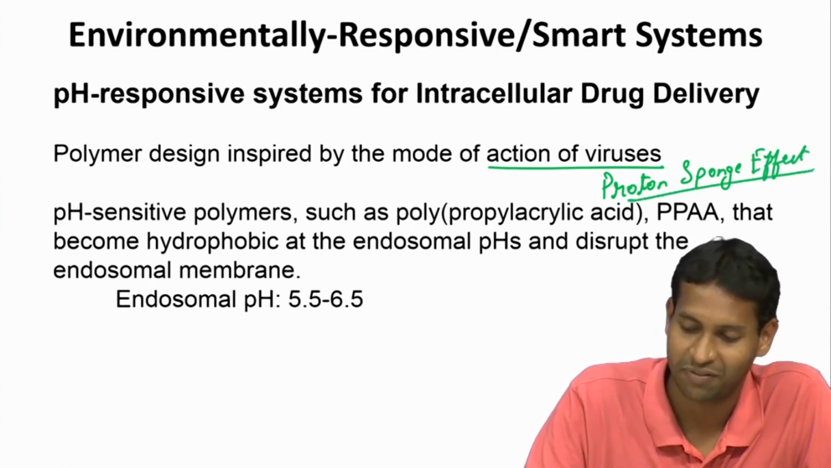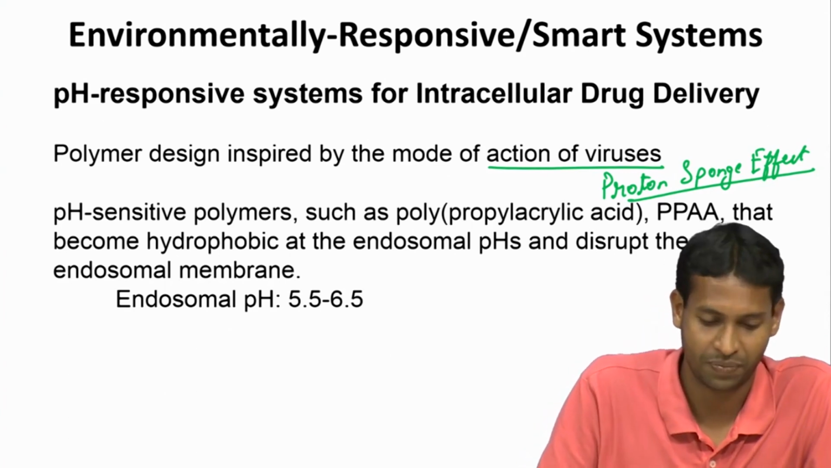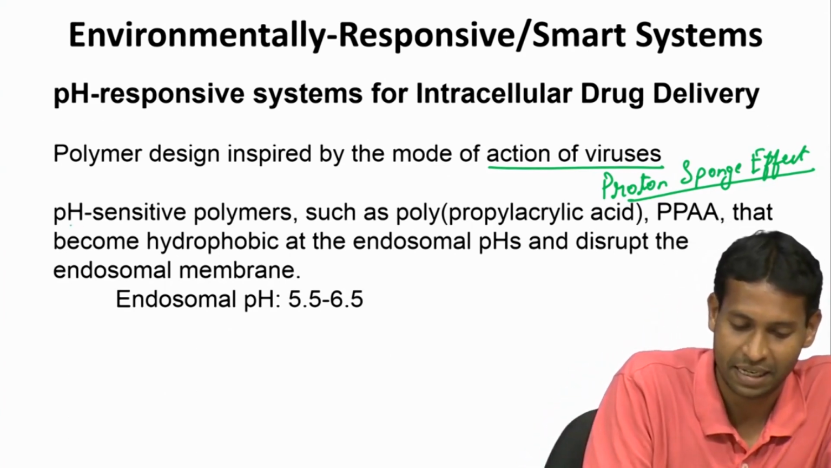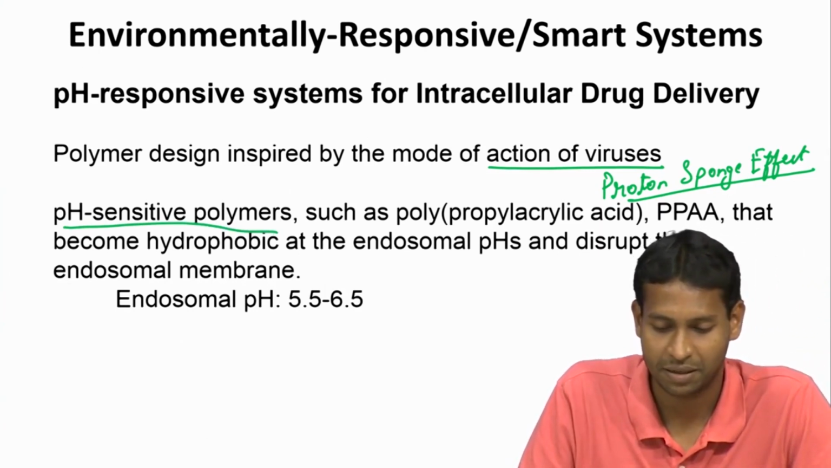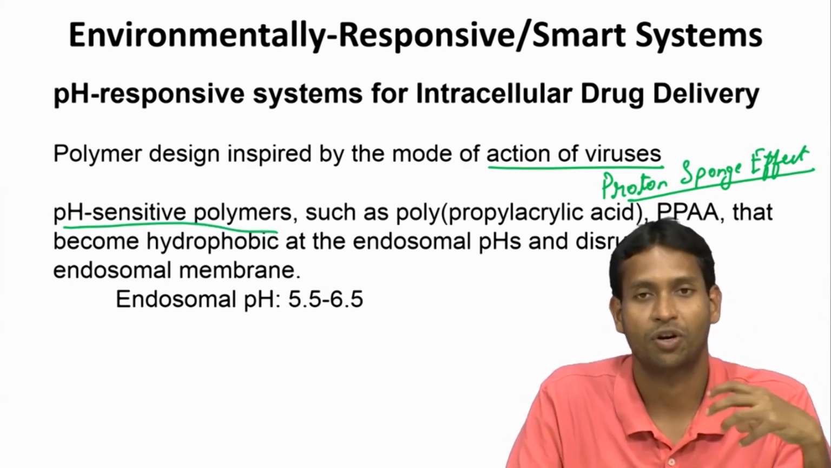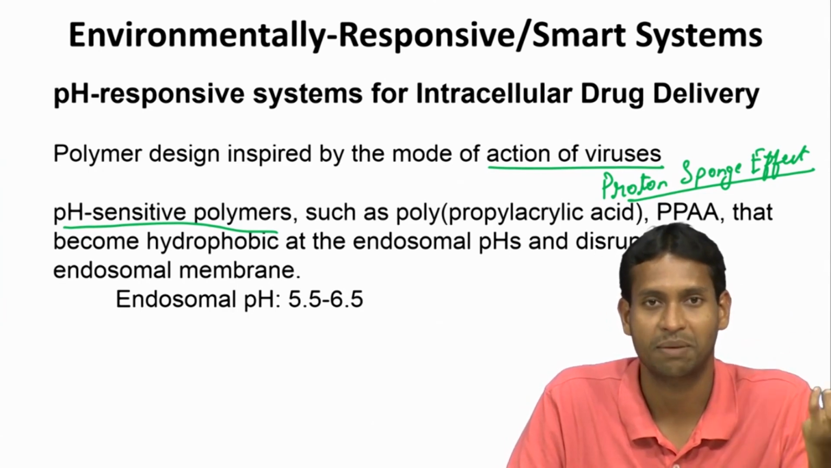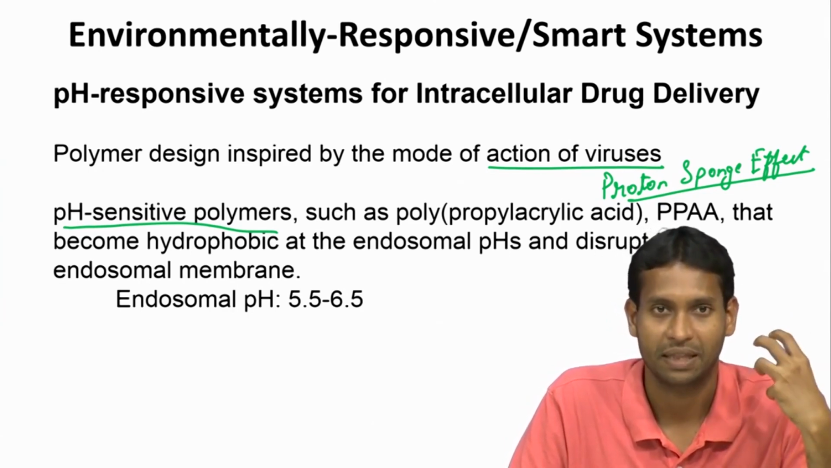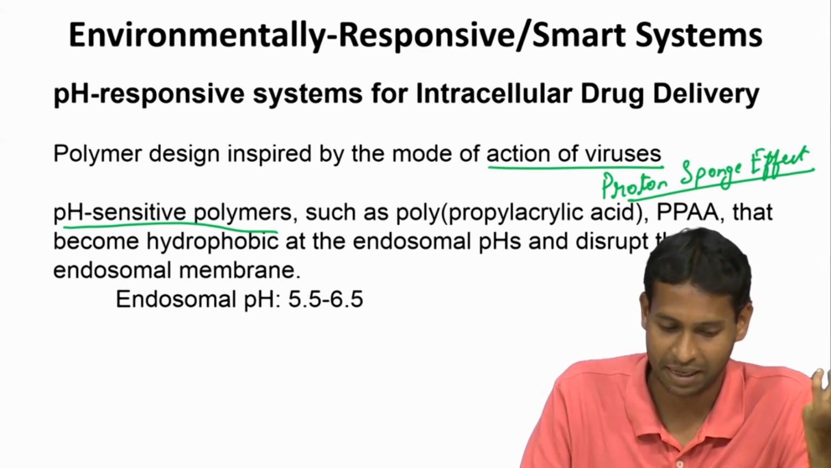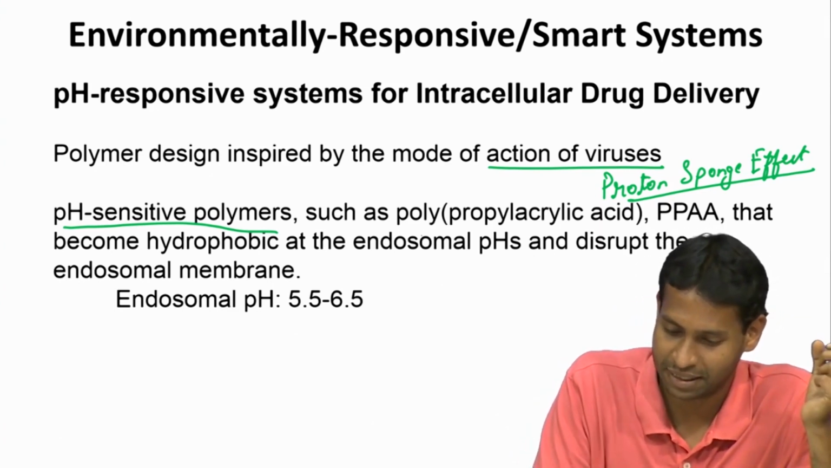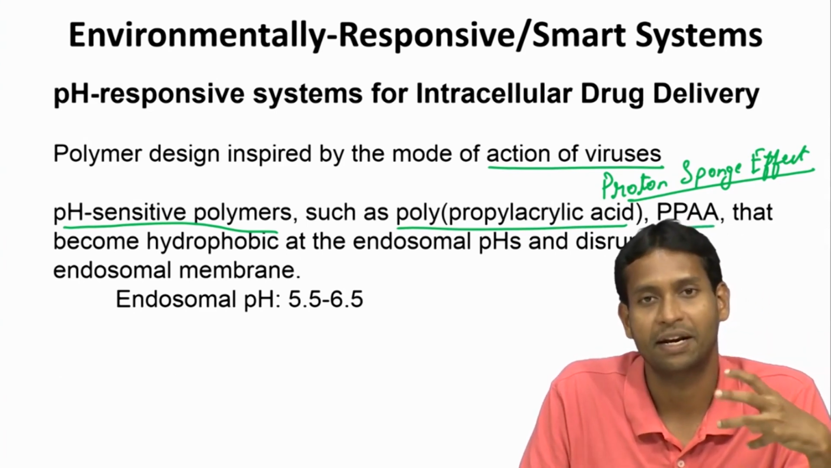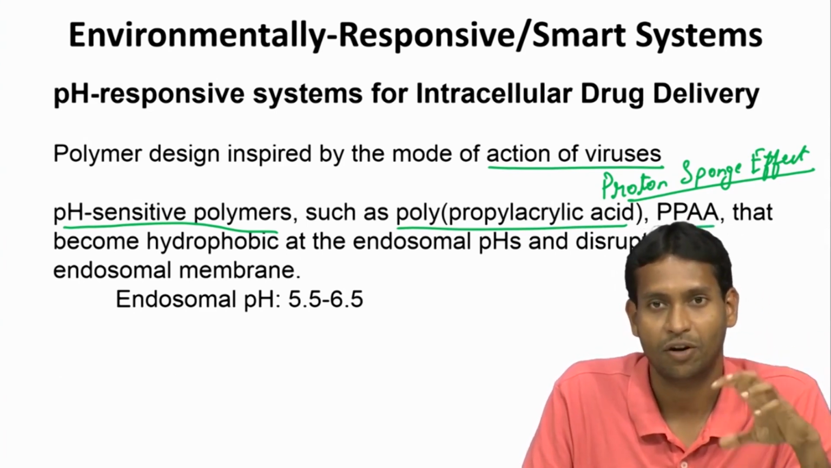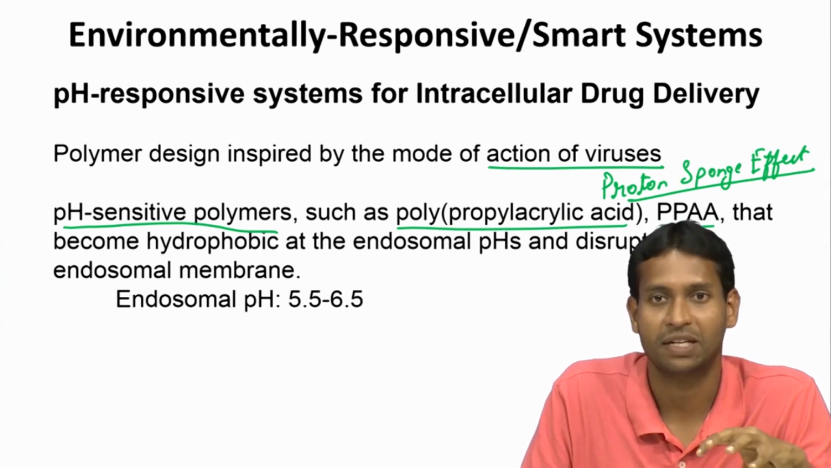This is also something we have discussed in the previous classes. So, this is basically a pH sensitive polymer, which means that it can absorb a lot of protons and it can then disrupt the membrane. In a similar example here, what we are talking about is these acid containing groups, they will become hydrophobic at endosomal pH. So, now we are not talking about the proton sponge effect, but what we are saying is there